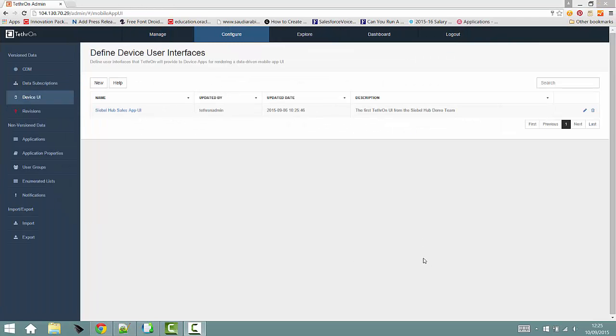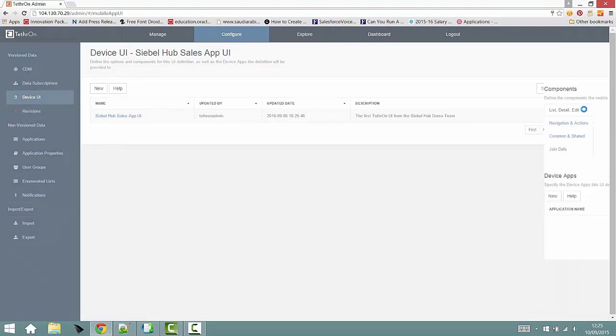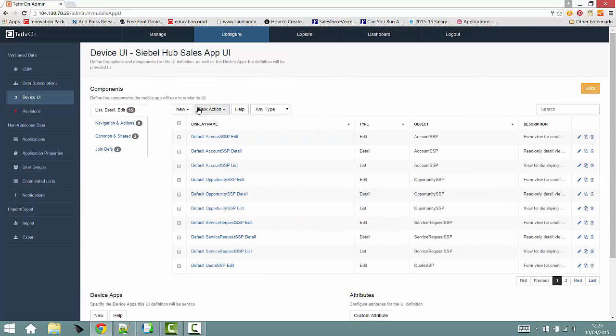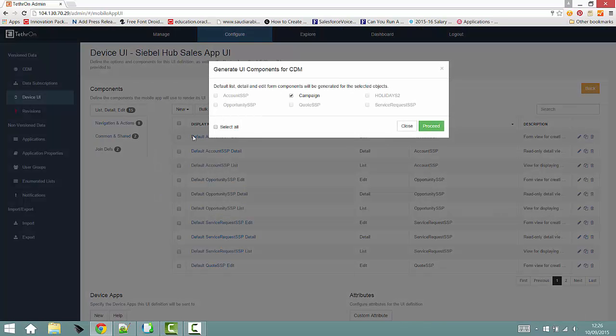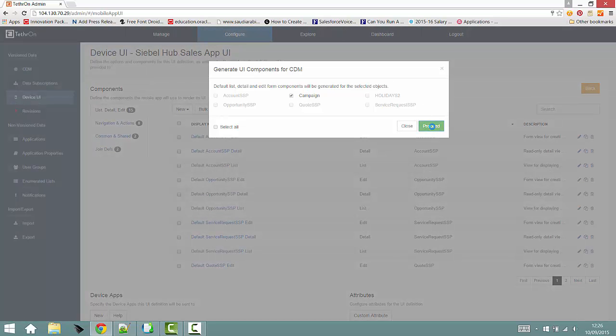Now that we have our new backend system and the relevant canonical data model, we will of course need to update our user interface. Going into our sales app, we can simply click New, Auto-Generate, and TethrOn will automatically select any canonical data model elements that have not yet had their user interface generated. So I can simply go ahead and click Proceed,